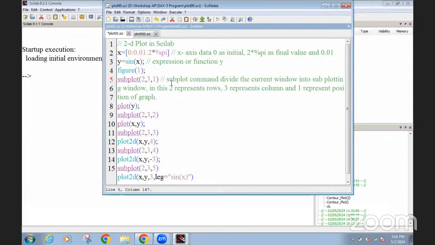Okay, so you have to find the function of this subplot. It means